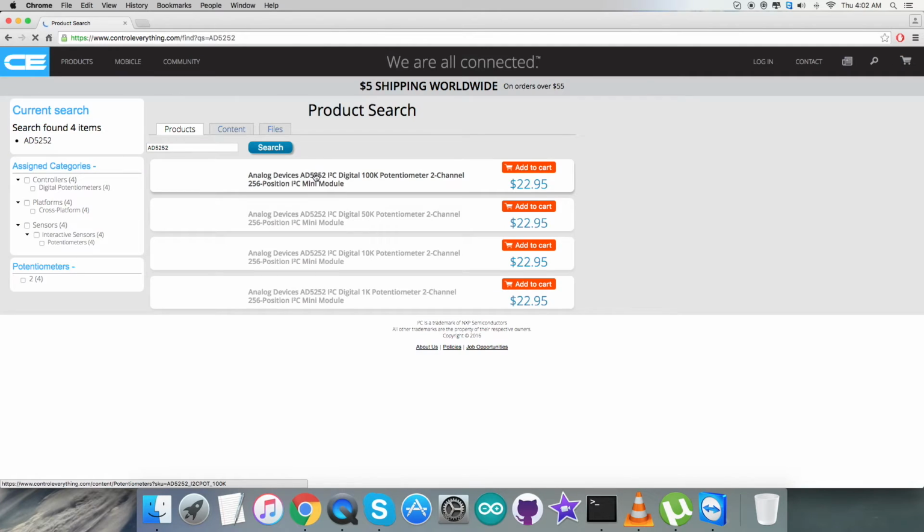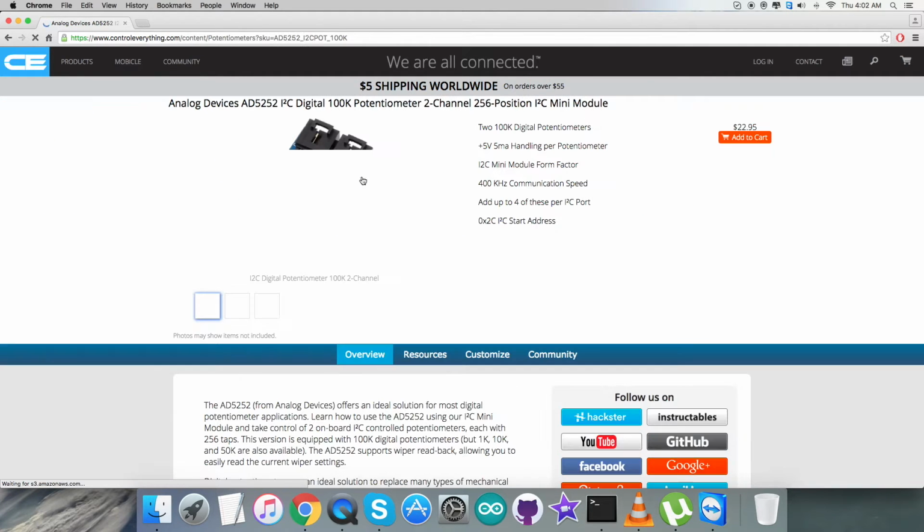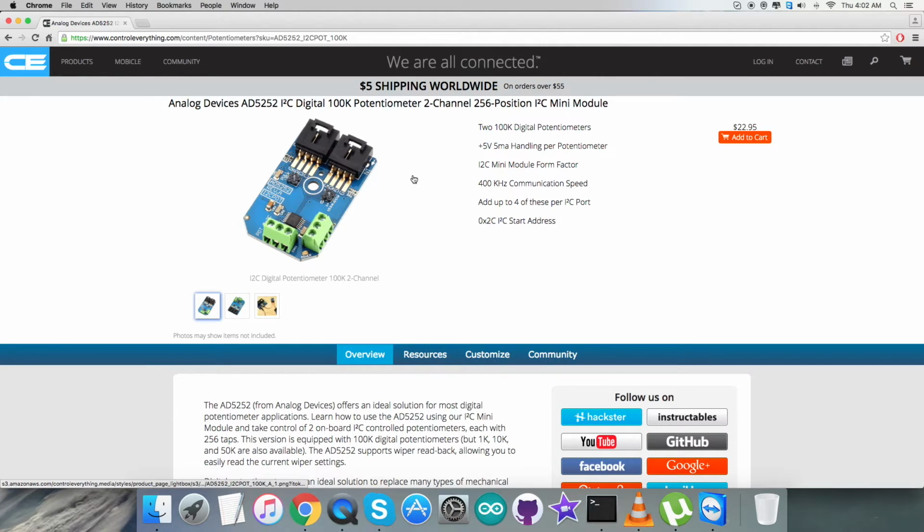And here it is. It's a digital potentiometer. It's a 100K, as you can see, 100,000. Now these are some more prominent features of this potentiometer, and the plus point is that you can purchase the sensor from here. Furthermore, I will be interfacing the potentiometer AD5252 with an Arduino Nano, and for that I will